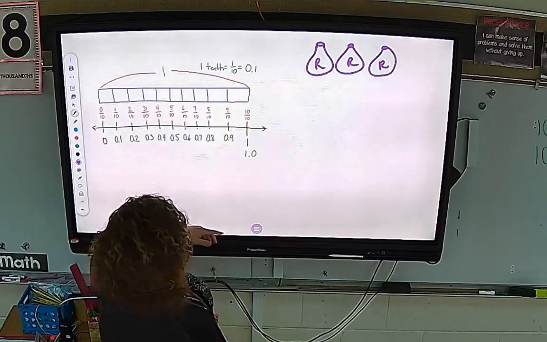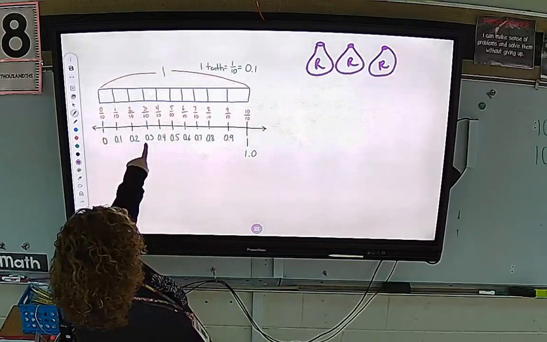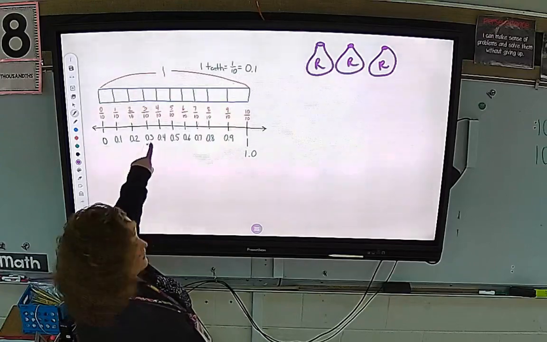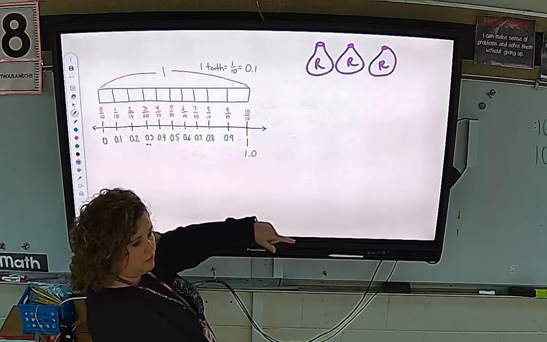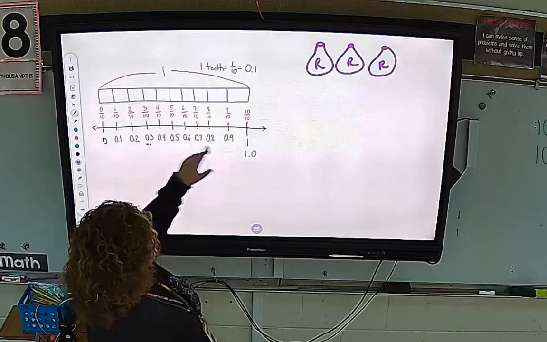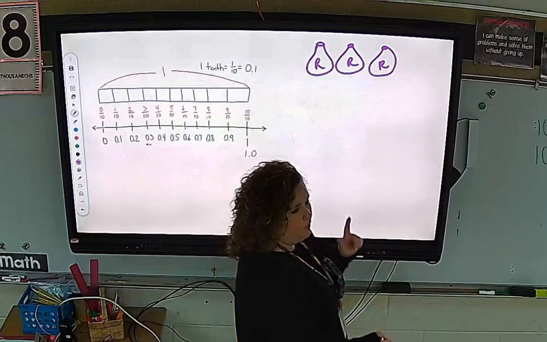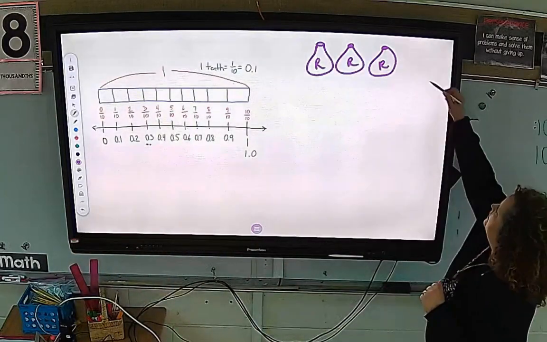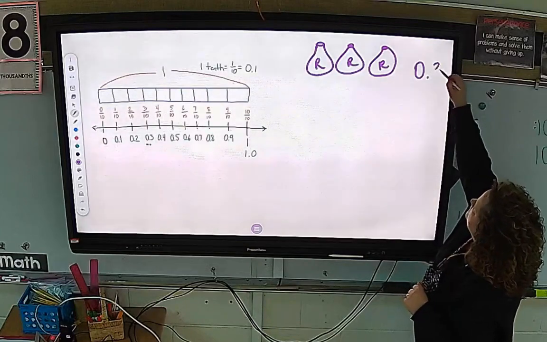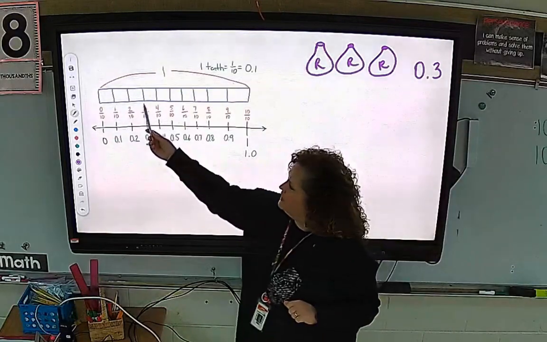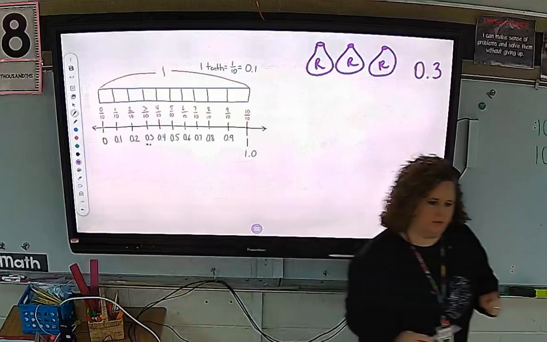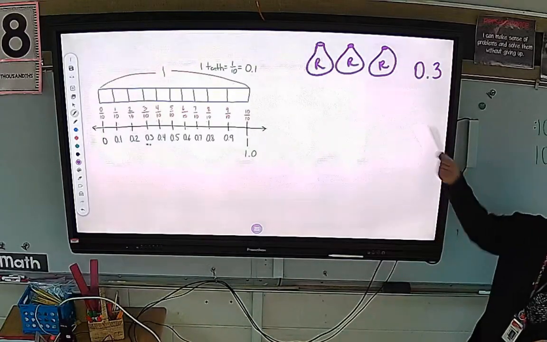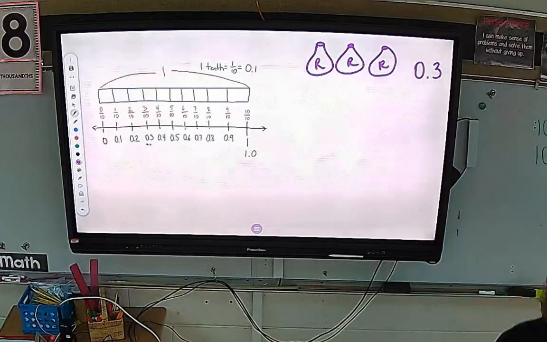It's 0.3, not 3.0. Okay? So we could say this is 0.3, or what's the other name for it? 3 tenths. See? It's 3 tenths. It's also 0.3. Okay. Well, what if we had that much, and then somebody came along and gave us 2 more